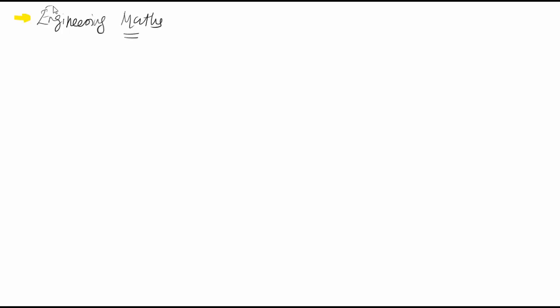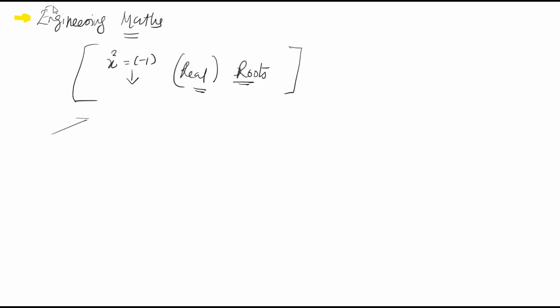So what is a complex number? Suppose you have an equation given by x squared is equal to -1. It's not possible to clearly define the real part of this number, or to find the real roots. So in such cases, for equations in which it's not possible to find only real roots,